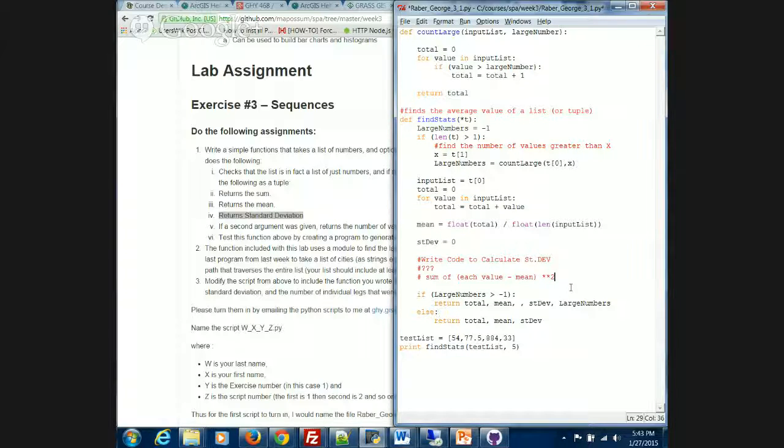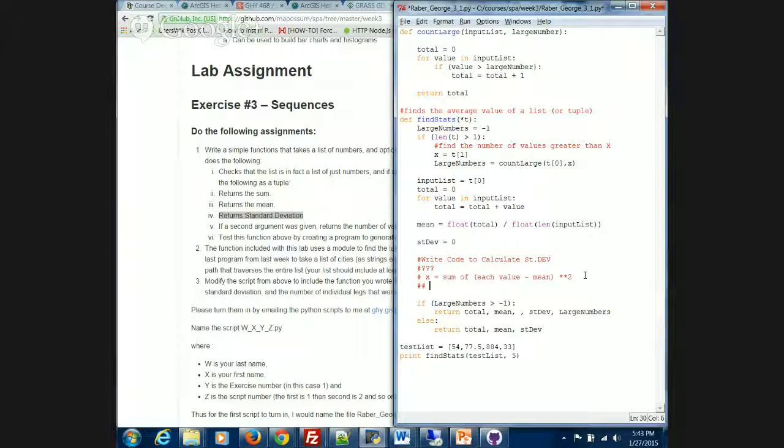And then what you do is you take that total sum. So let's say this equals x. Then you take x and you divide it by the count, length, let's say the length of the list, input list, minus 1. And this should be in a parentheses. Okay. So in order to come up with a standard deviation, you could write a function that does this yourself, or you could include it in this